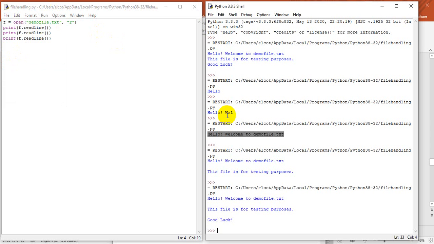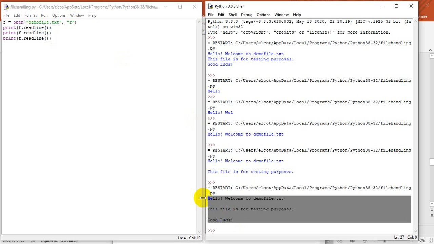If I am giving the first readline, it will display only the first line of the file. If I am adding another print statement of readline, it will display the first two lines. If I am giving a third readline, it will display the three lines. Is it clear? So far we have gone through three major concepts. One is reading the entire content of the file, for which you can use the read function.